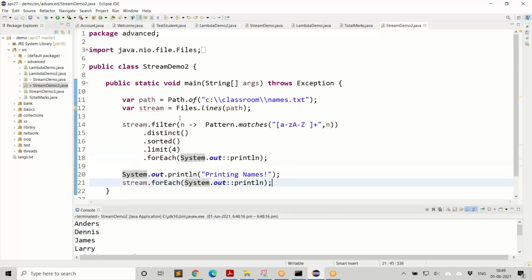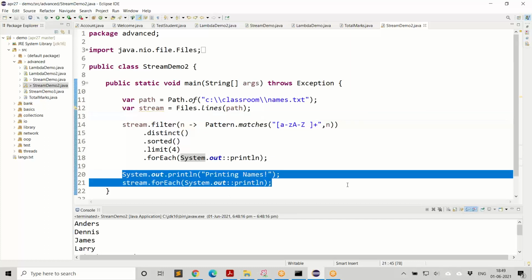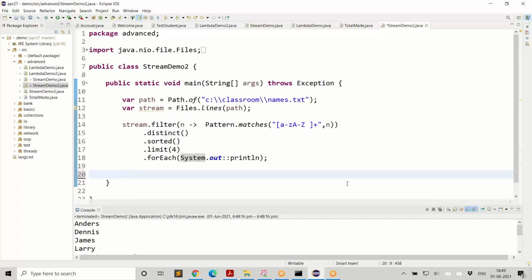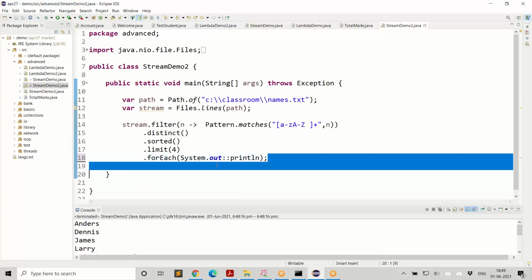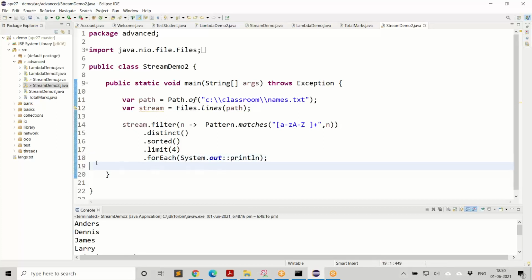So this is about how we can create a stream and how you can make use of a stream. And you have so many other interesting methods providing you streams, and you can use those methods and streams to perform whatever operations you like. So I hope you understood what a stream is all about, and hope you liked it and you will play with streams and have great fun.